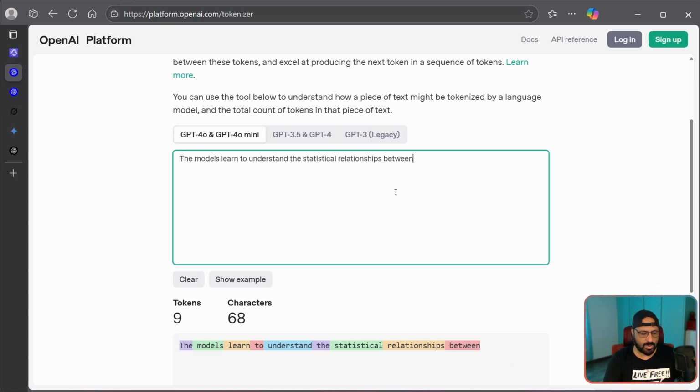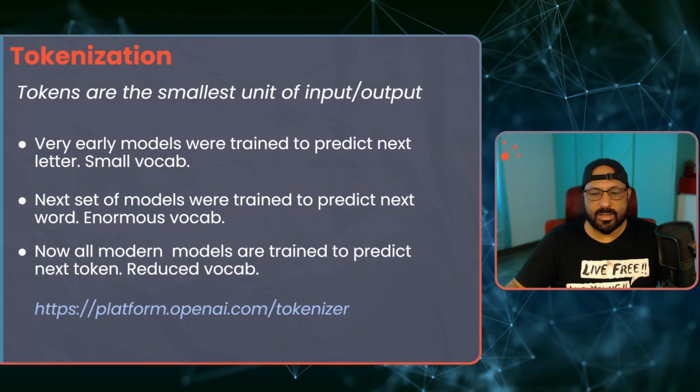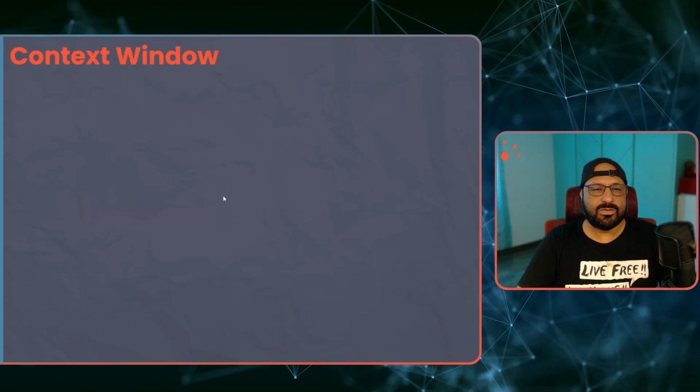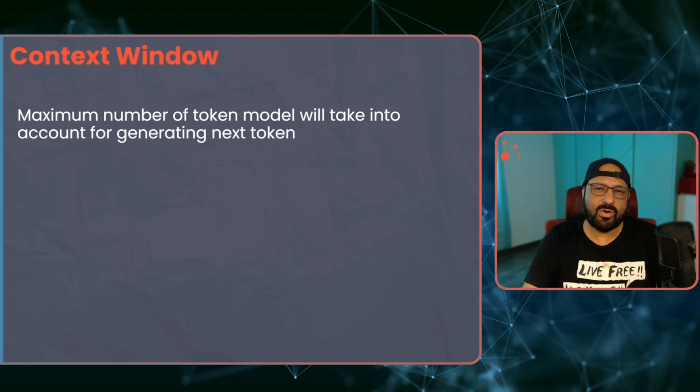Let's go back. So now from the token we come to the topic of context window. What is a context window? Context window is the maximum number of tokens a model can consume. So in one shot, how many tokens can it take? It has a limit. It has a limit because